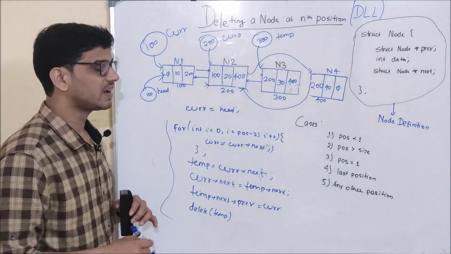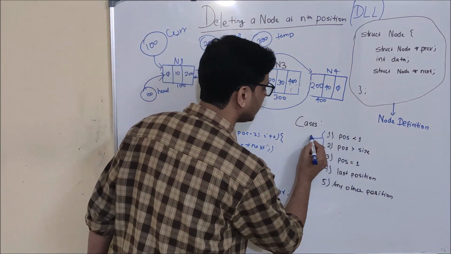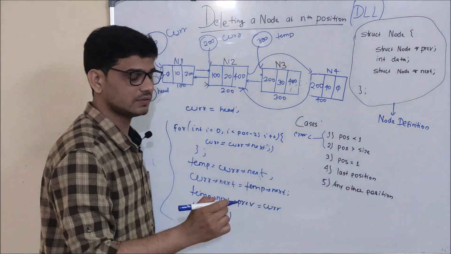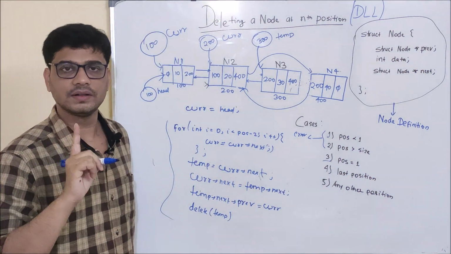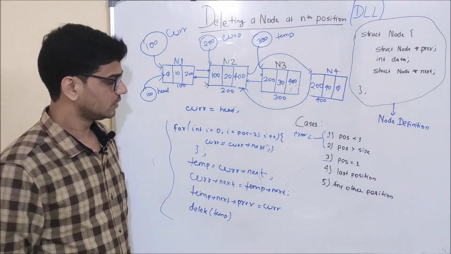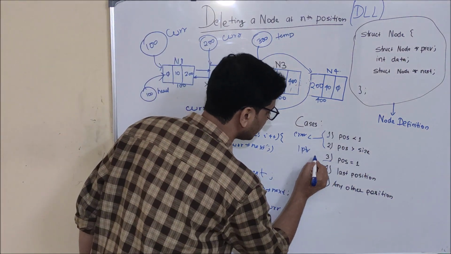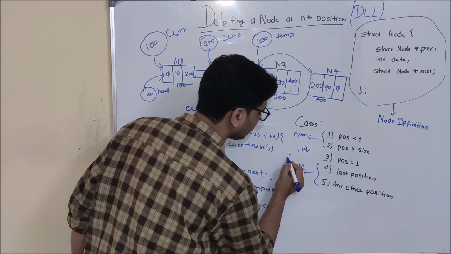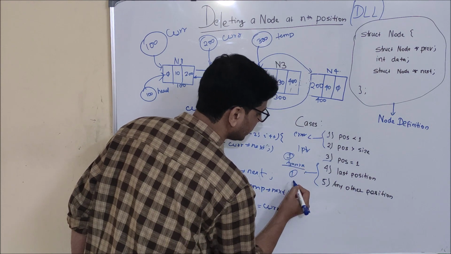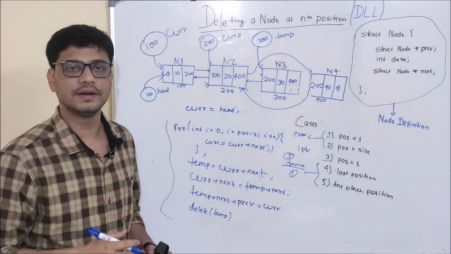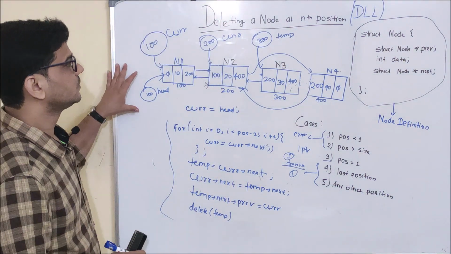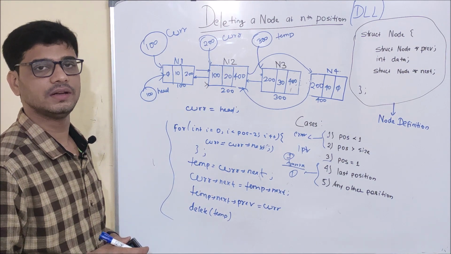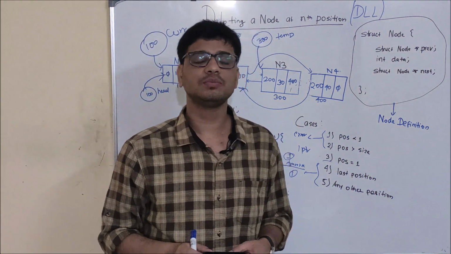So to summarize it, these two are error cases, that is the invalid input cases. In this case, that is case 3, we need only one pointer which will hold the address of the first node. Okay, one pointer. And in these two cases we need to traverse. So one pointer for traversal and one pointer which will hold the address of the node to be deleted. Okay. So friends, this is the logic part of how to delete a node at nth position in a doubly linked list. And in the next video we are going to see the program for the same thing.